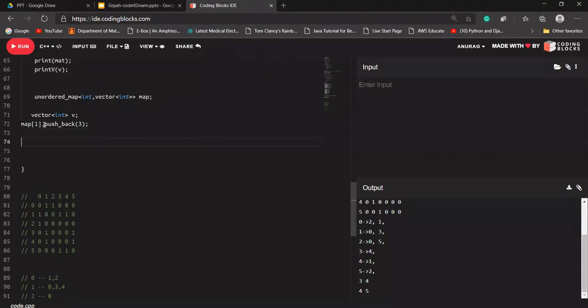Let's say I'm going to create a vector here, a vector of type int. Let's say we have already created our vector and we have added something to our map, and I'm saying v is equal to map of 1. So what it should return? At the map of 1 we are having